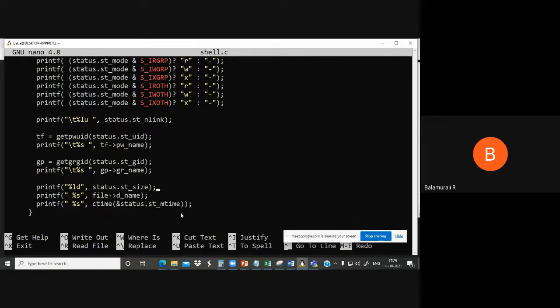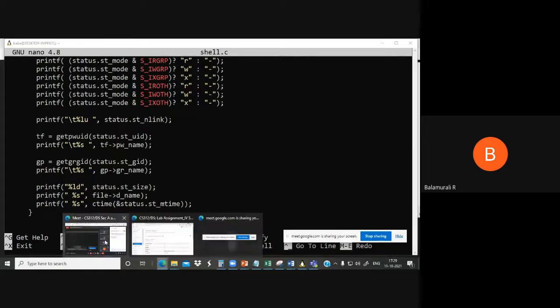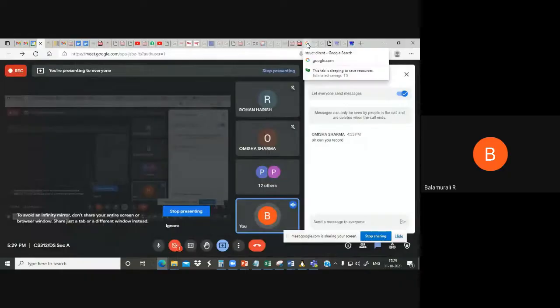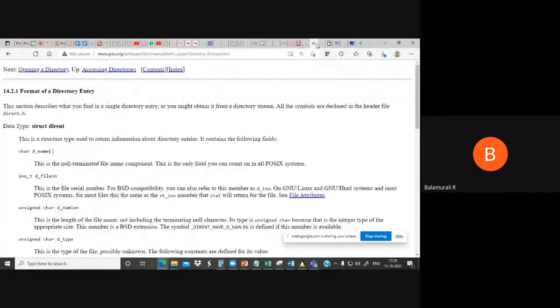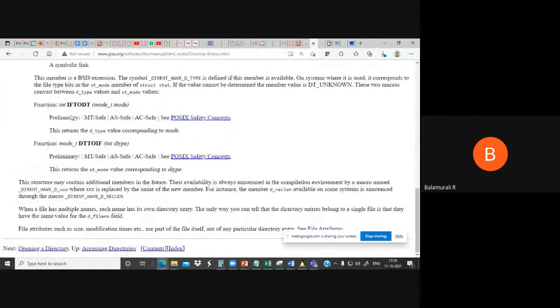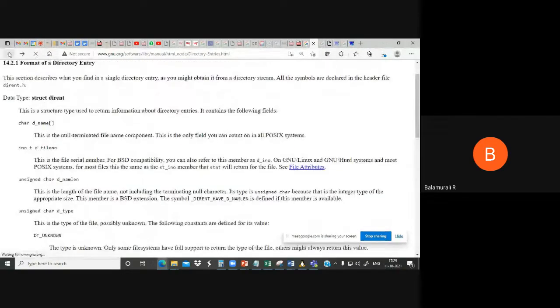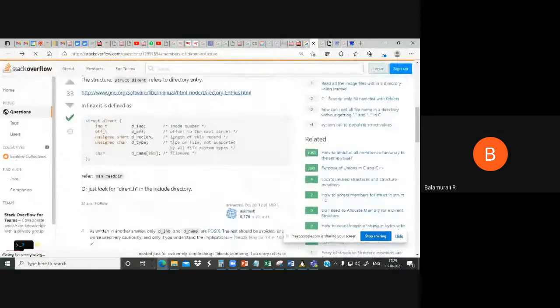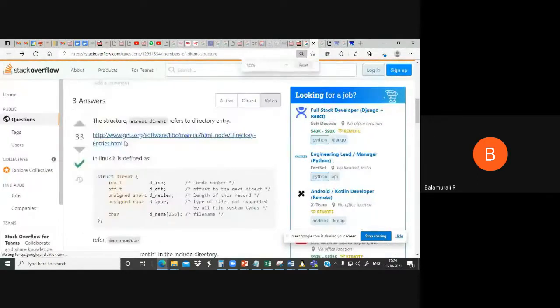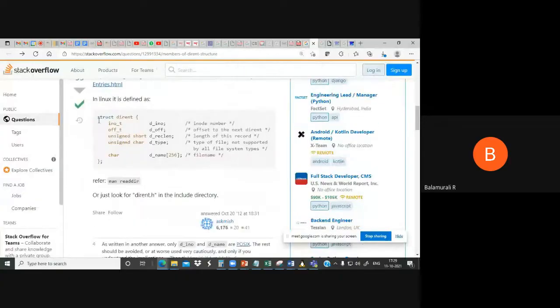Okay, so this is the code. So let us see those structures. This is the structure for directory entry. Basically, it contains these variables.